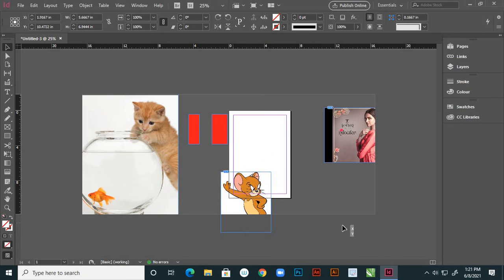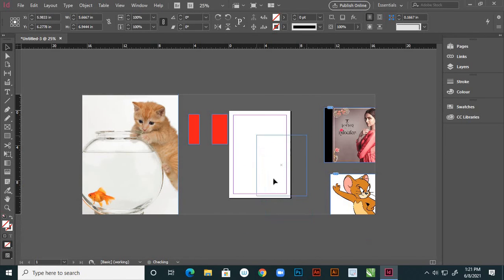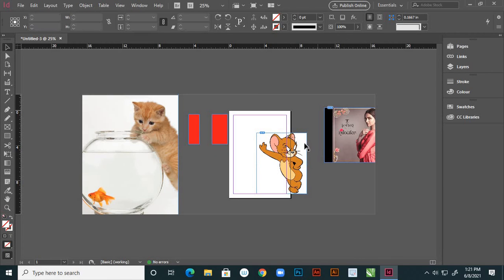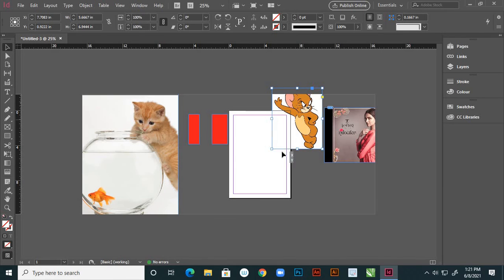So that is the reason you move this outside this, and see, it is going inside. I'll explain about these things later. First, let us check this content placer tool.